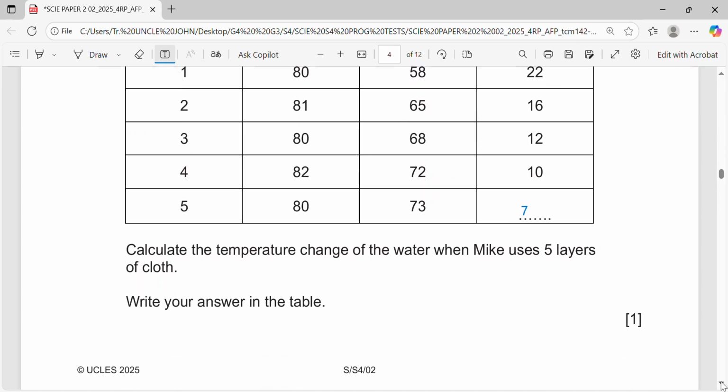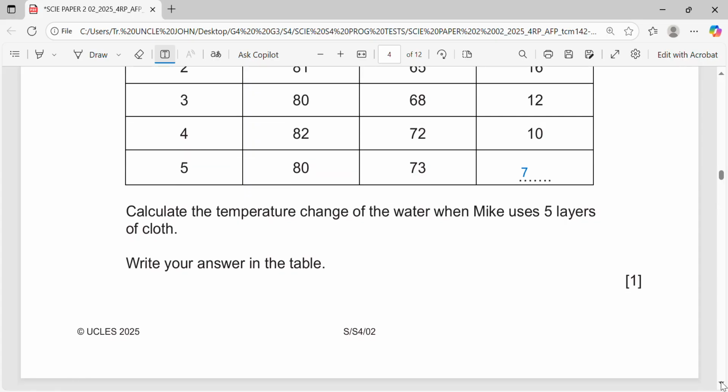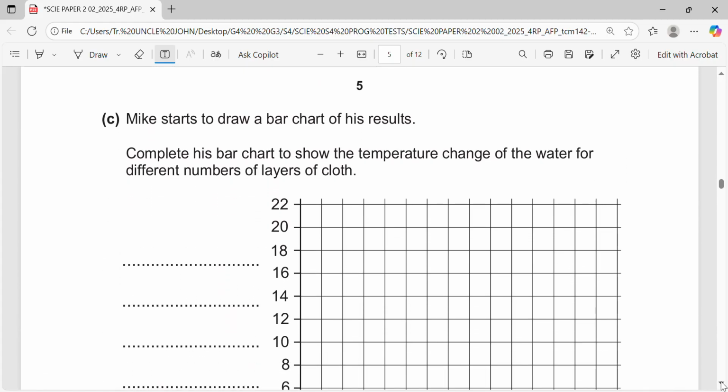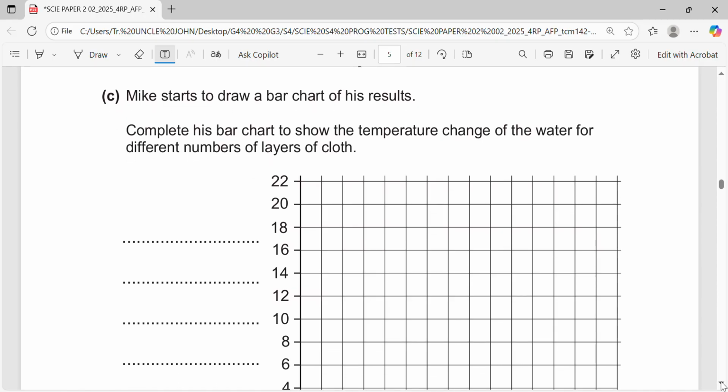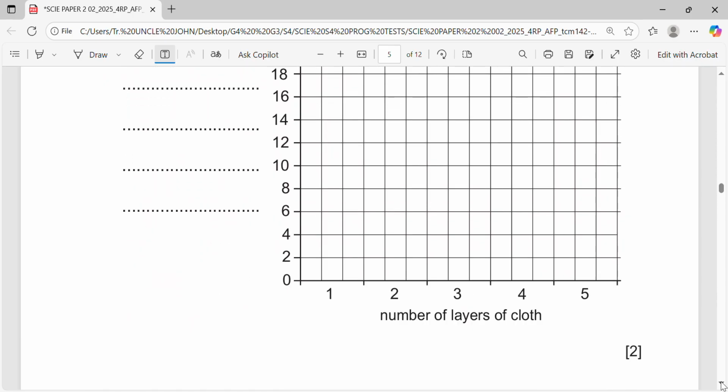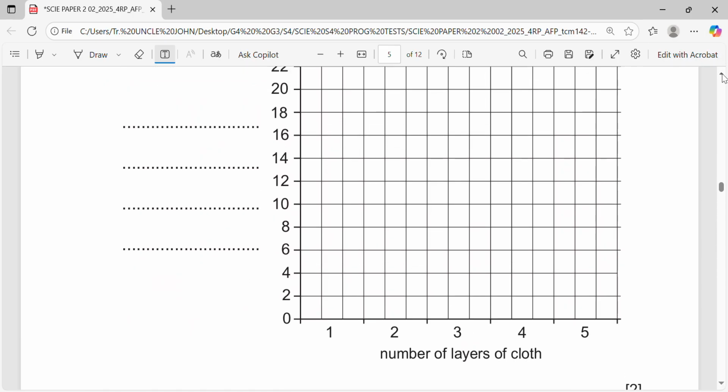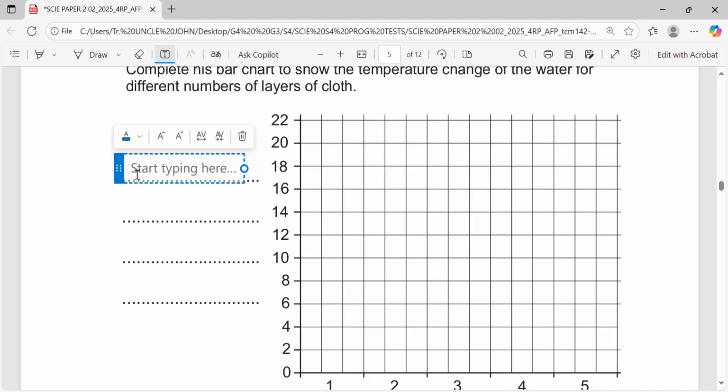And then we continue. Write your answer in the table. We did it, 7. Then Mike starts to draw a graph of his results. Complete his graph to show the temperature change of water for different numbers of layers of cloth. Then you can say the title here is supposed to be, because down is the number of layers of cloth, so this side is supposed to be temperature change